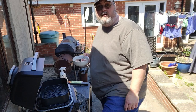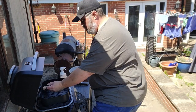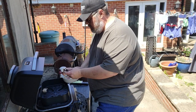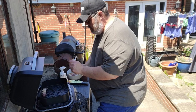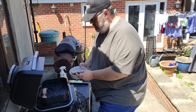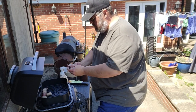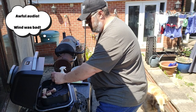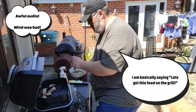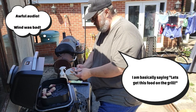Alright, I'm going to go ahead and get this thrown on the grill, starting with the not hot. And I'm using the air fry basket today. I know I'm not frying, but it works well for this size of piece. I want to save all of that lovely